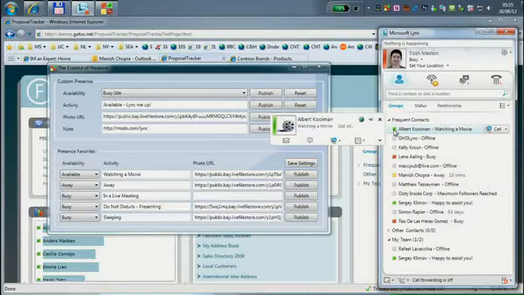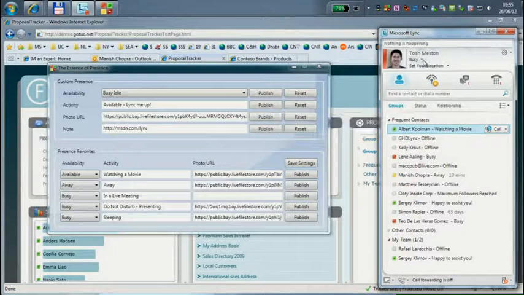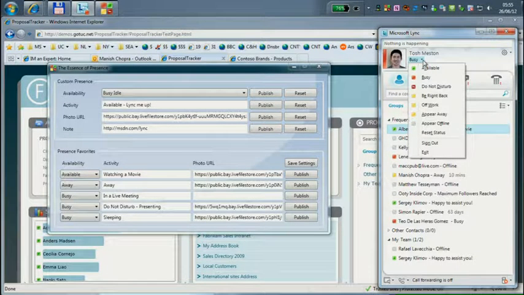Or if you are having a presence state of a truck, we have a company in the UK that is using presence states to tell what state they are in the delivery of the packages that they are doing. So they can say, with a customer delivering a package on the loading dock. So this is a first expression of how you can use presence. Like I said, for a typical information worker, the standard states of available, busy, do not disturb are extremely useful. However, as soon as you start thinking about your business scenarios and your specific states, you can programmatically set those states so that you can use those.